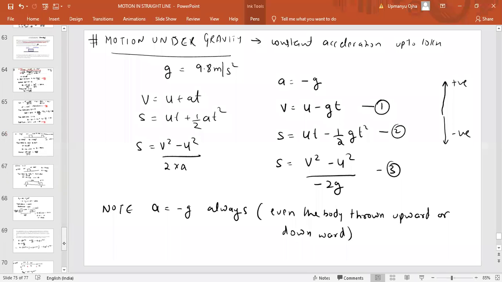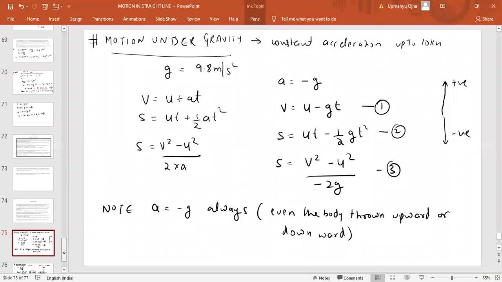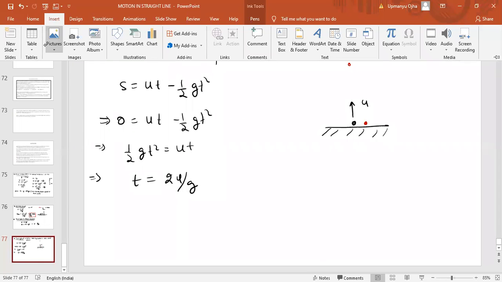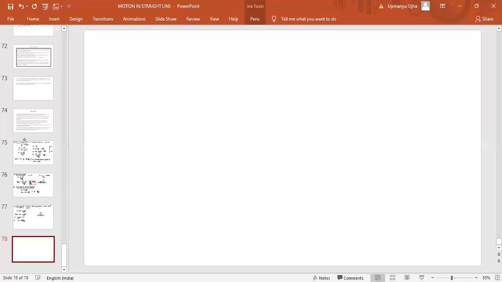Next, let us do some problems here. Write down a question here. I think you understand motion and gravity. So whatever I'm telling you, you just need to follow that only. Don't try to use your own concept. If you do, then you will definitely make a mistake. So don't try to use any other concepts. Now write down one more problem here.